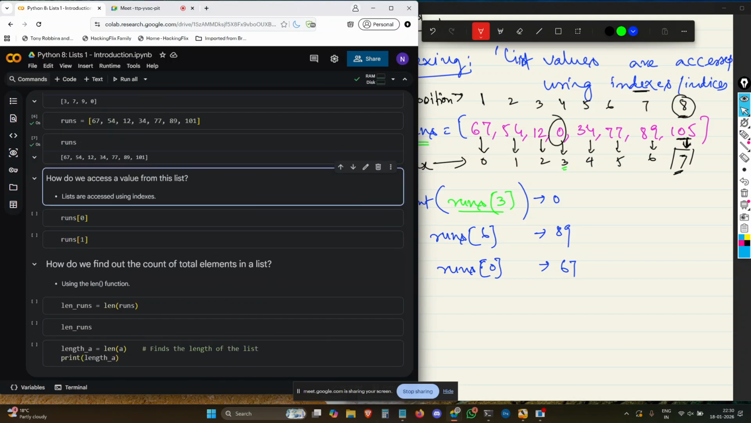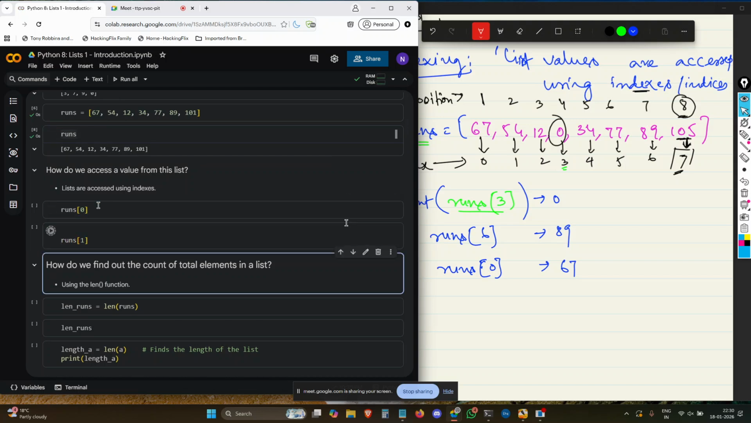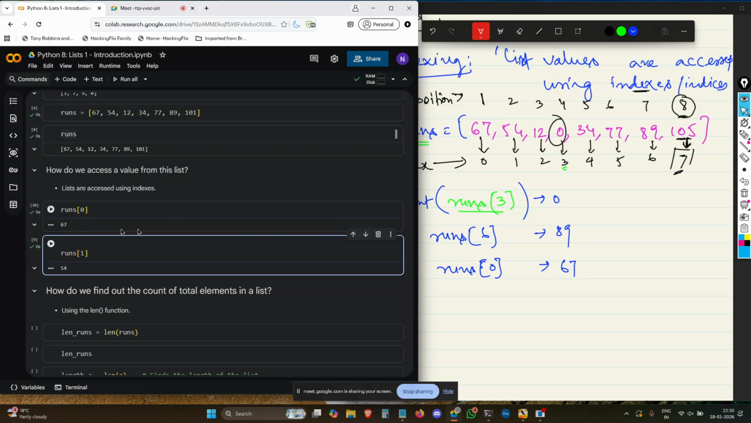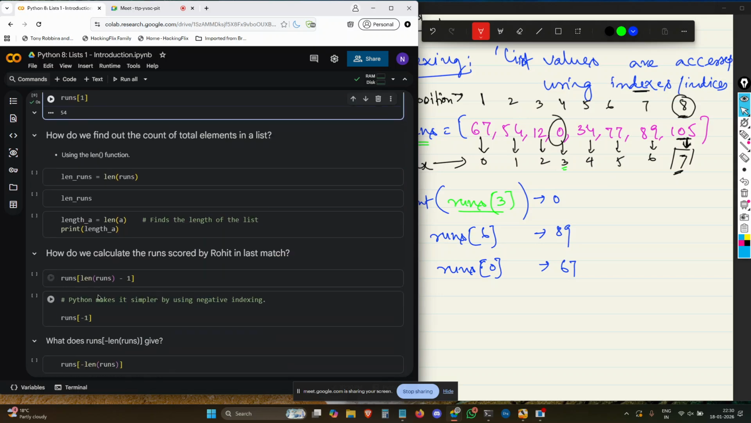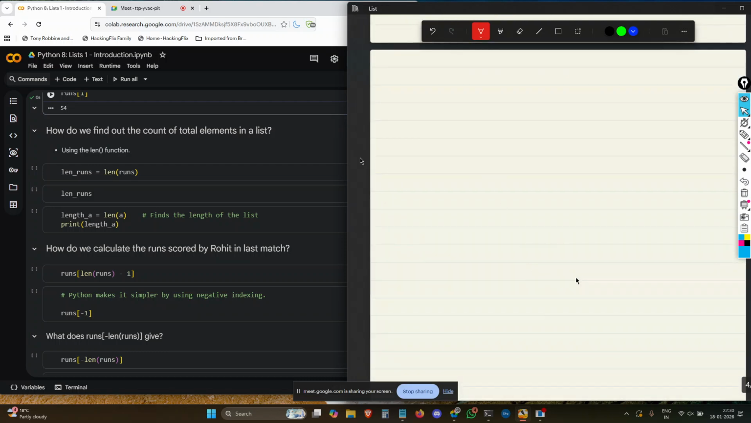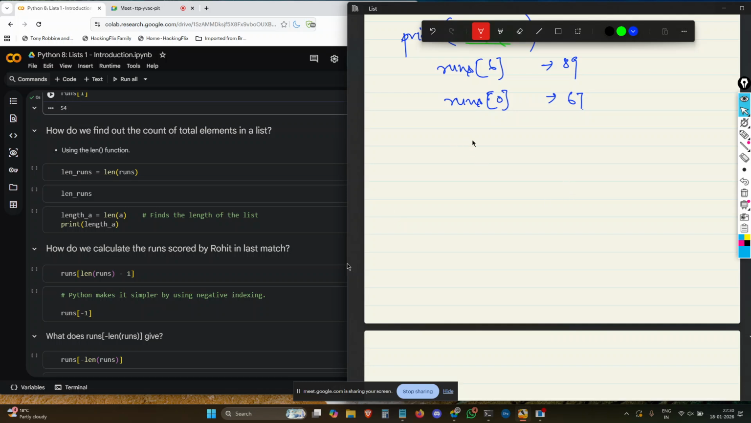Here I ran this one. After I ran this, it's already saved. If I access 0 and if I access 1, let's see, 67 and 54. Correct? Now, how do we find the count of total elements in a list? How do you find the